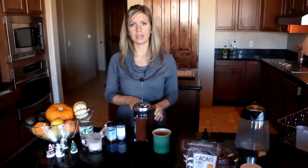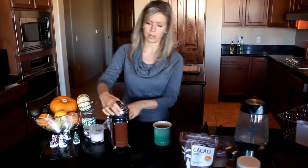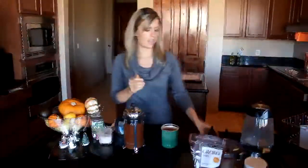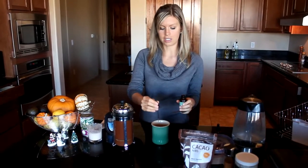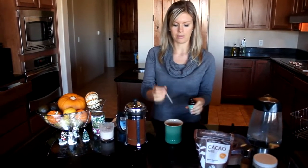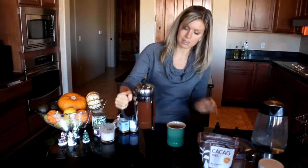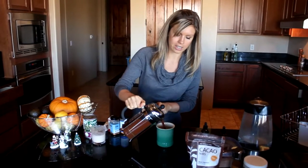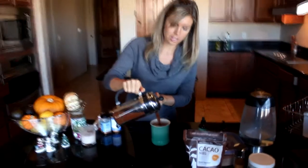Okay, so now our cacao is ready. We're gonna press and pour and enjoy. And then, I'm lazy, so I don't even like to stir. One easy way around stirring is to add the stevia first if you're using liquid. If you're using powder, you'll definitely want to stir it up. Again, just play around with your level of stevia, depending on the size mug you have and your desired sweetness. And you can see it's pretty rich,